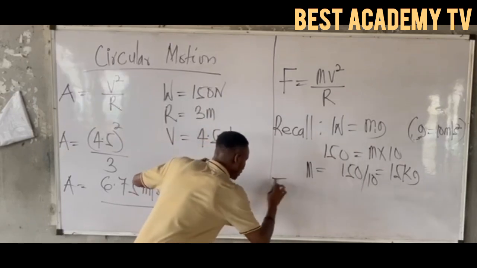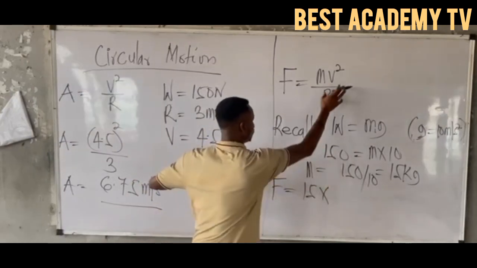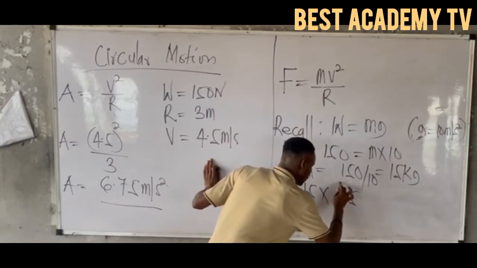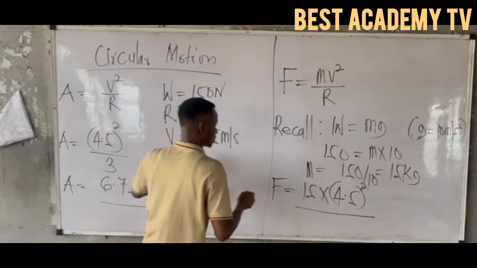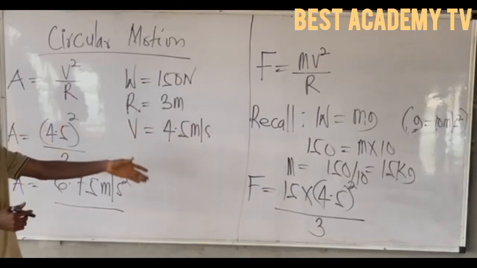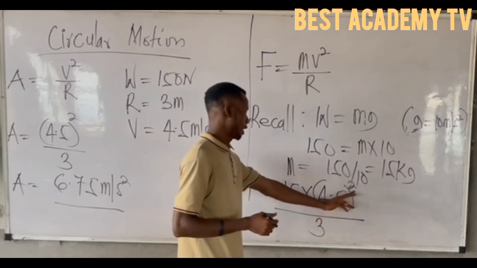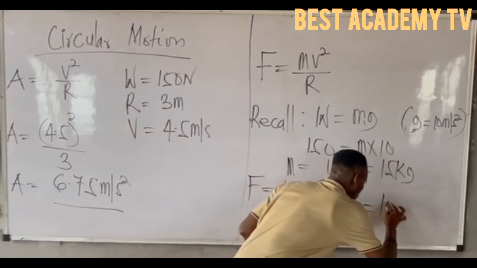So our force will equal 15 times v, which is 4.5 all squared, divided by the radius, which is 3. Let's point to our calculator: 4.5 all squared times 15 divided by 3. This will equal